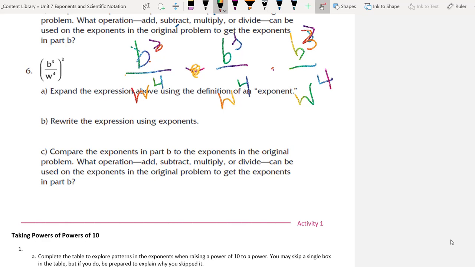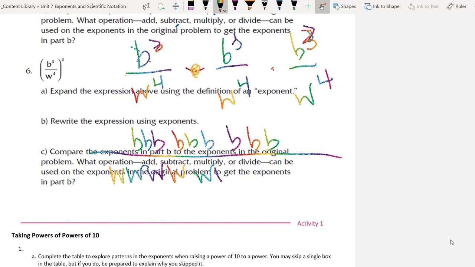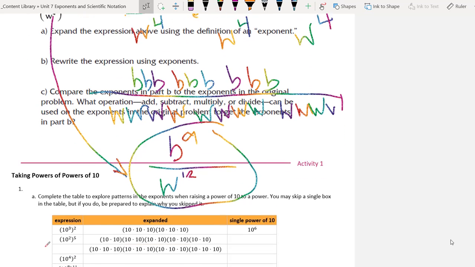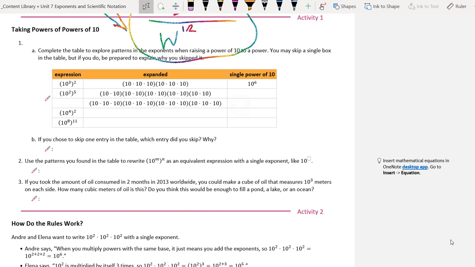And if I decompose that farther, b times b times b times b times b times b times b times b times b over 4 w's, 4 more w's, excuse me, and last set. So to simplify it, that'd be b to the 9th over w to the 12th. So hopefully you have figured out the pattern of what's happening when we have a power raised to a power. So for activity 1, and this is in your red folder,